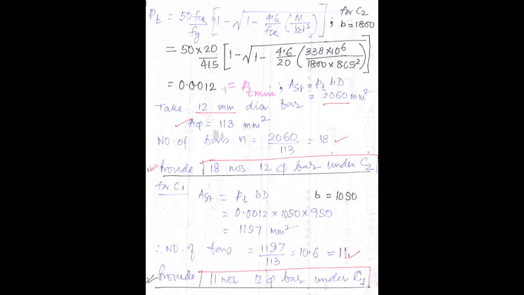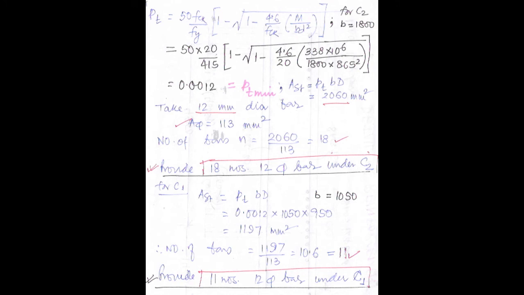Now here you have to take care of one point. See, while we are designing the longitudinal reinforcement, the value of B we have taken as per unit meter, so B was 1000. But in case we are designing the transverse beam, B will be the bandwidth which we have found out. So first I have found out for the C2 column, correct? So for C2 what was the bandwidth? 1800 millimeter, correct? And the rest all things are same.